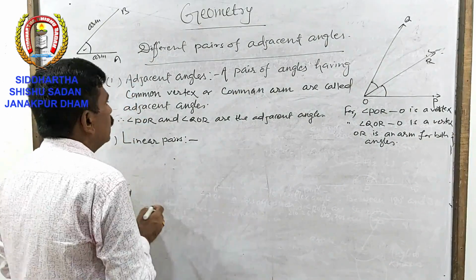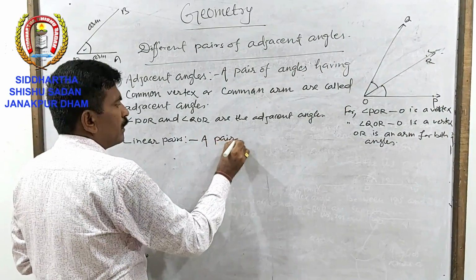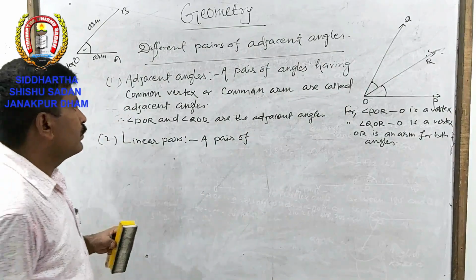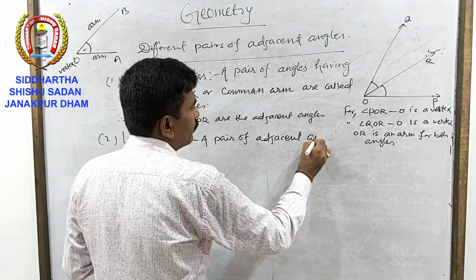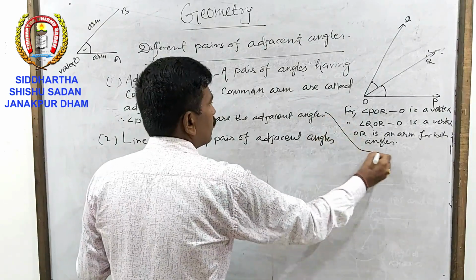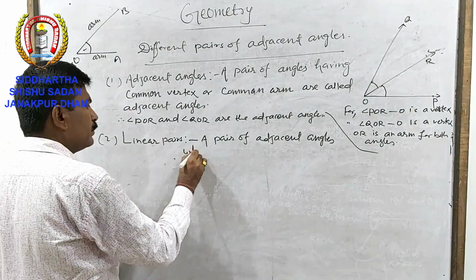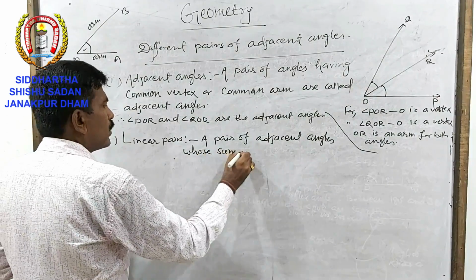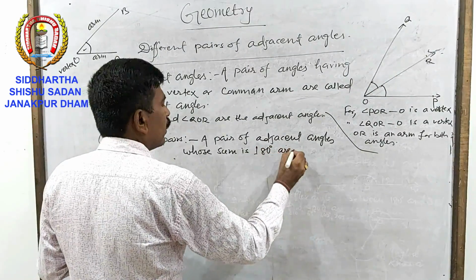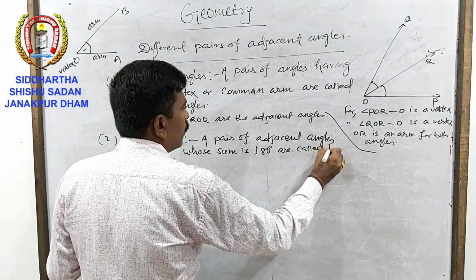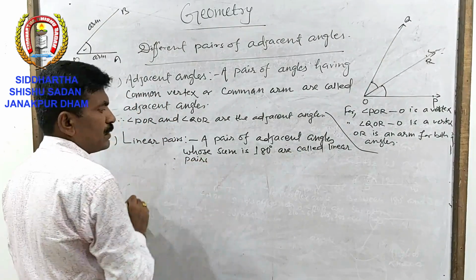Now here, a pair of adjacent angles whose sum is 180 degree are called linear pairs. Now see,